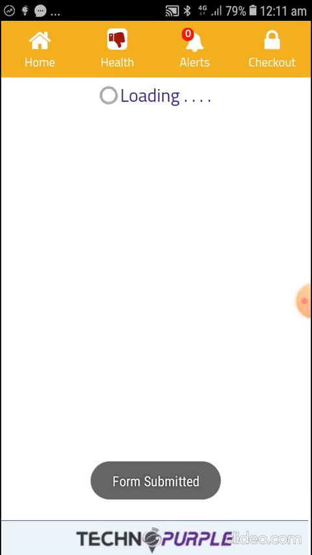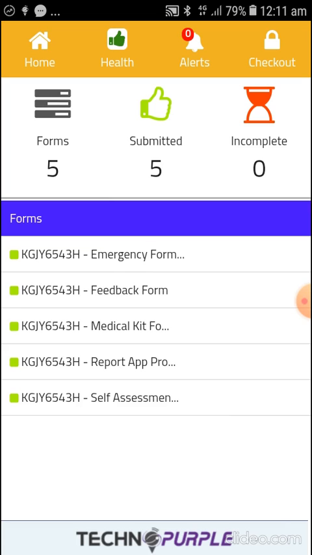Like this, daily you will complete your self-assessment form before 3 p.m. in afternoon. If there is any emergency, you will fill emergency form. If you are in need of medical kit, you will fill medical kit form. If you are facing any problem while using this application, you will fill report app problem.